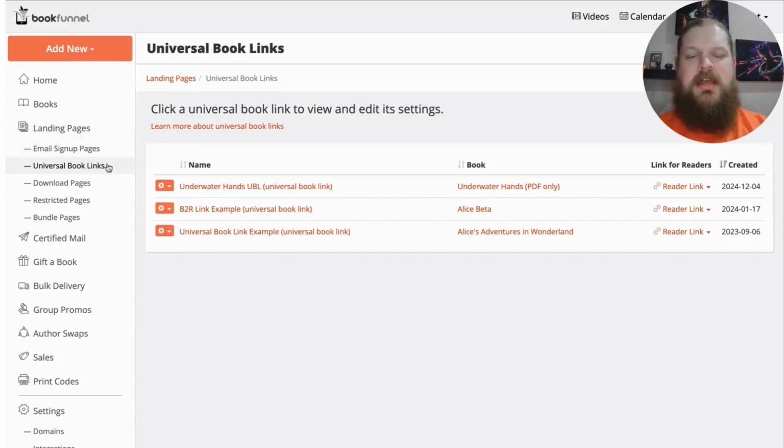So here on the dashboard, I am looking at the universal book links page, and this is under landing pages, the same spot you would have found your sales landing pages. In fact, any sales landing pages that you have created previously will still exist. They will still be there, and they will still be in their previous state. Now, you can update those pages to use some of the new universal book link features, but you would also have the option of just leaving them as they are,